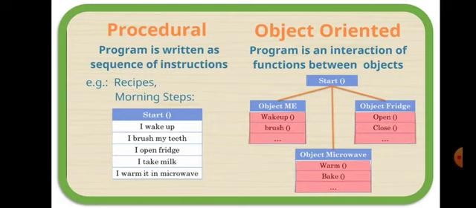So hope you understood this procedural and object oriented programming language. I make it very clear. Procedure means 1, 2, 3, 4, 5. If the order is changed, the whole concept will be contradicting. But object oriented programming is not like that. Any function in any object can be used by the second or the third class. Hope you understood this concept. Can I move on to the next slide, children?